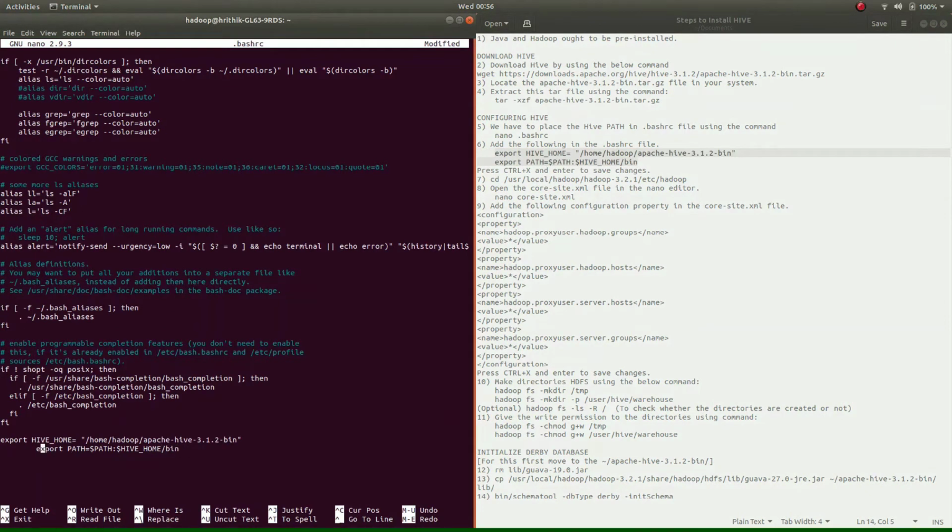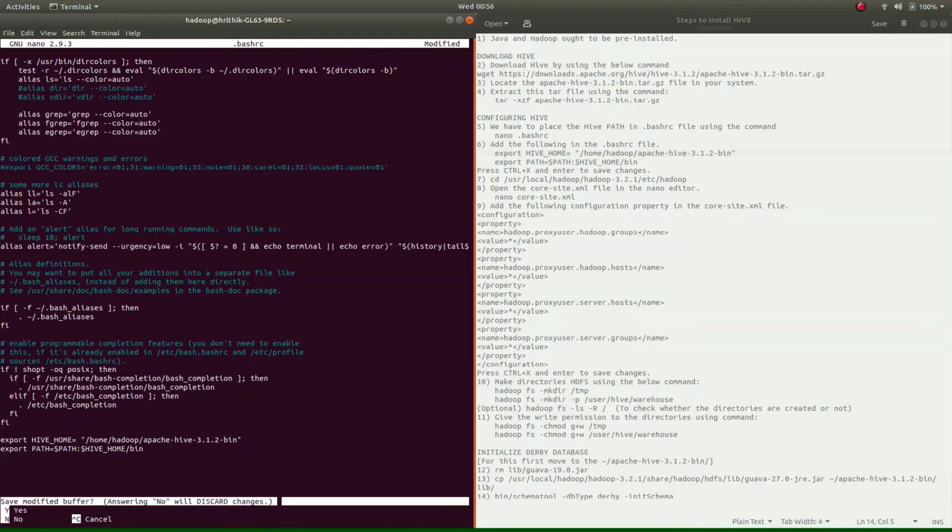You need to be careful that /home/hadoop is the username that I am using over here, the username of the system which is running it. So just be careful there. Then press enter.